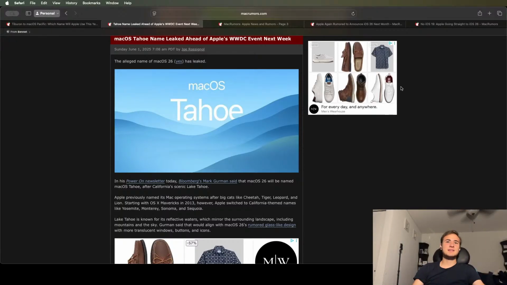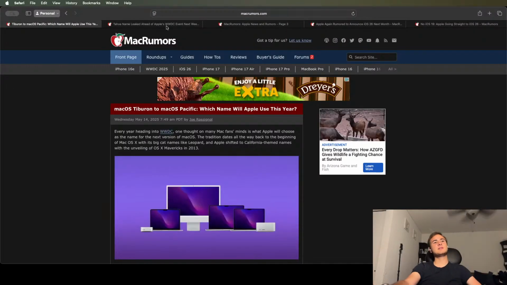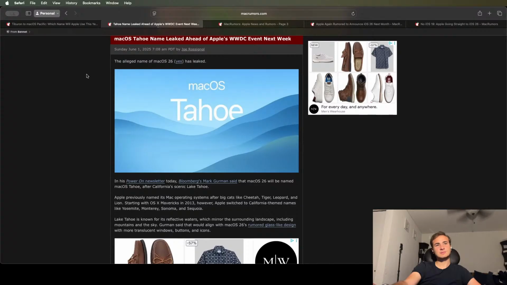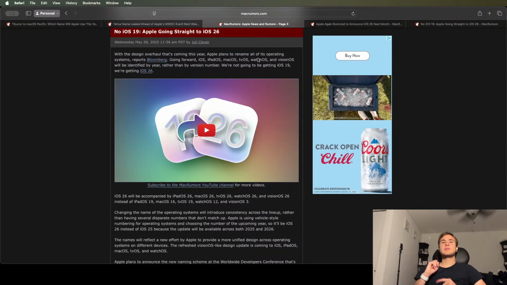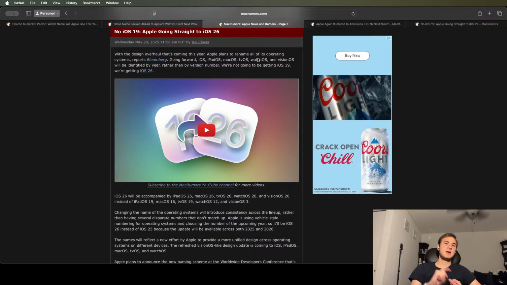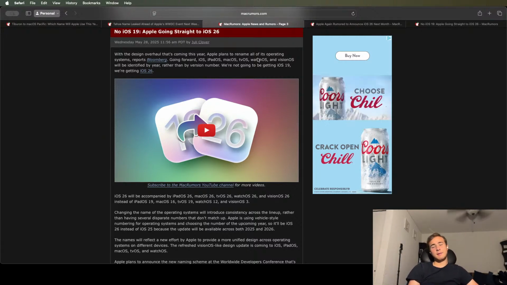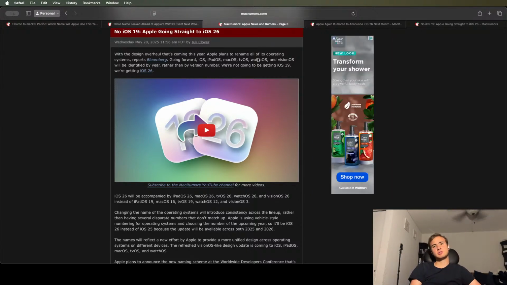All right, so what I was saying is that Apple is narrowing things down to find the Apple leaker. First, with iOS 26, I'm saying that Apple could just be saying iOS 25, iOS 19. The next name is going to be iOS 19, iPhone OS 19, iPhone OS 26, iPhone OS 25. And I think Apple's going to be trying to figure out who is leaking all this information at Apple.